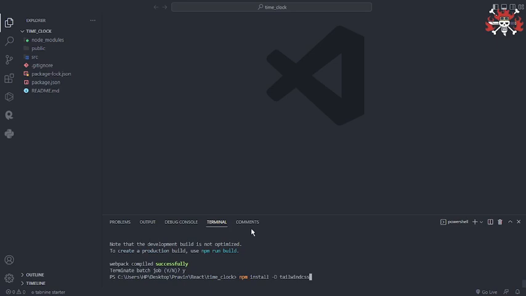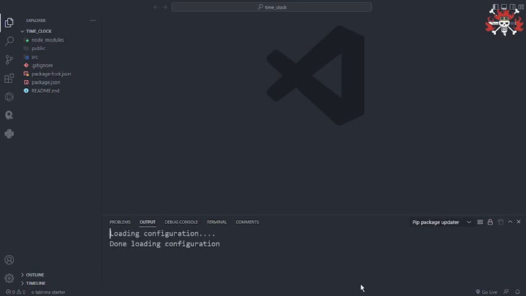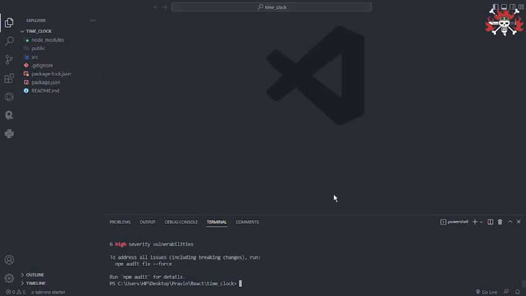Paste the command that we have copied and press enter. Okay, it's installing Tailwind CSS. So let us wait for a while to install. So here I have installed the Tailwind CSS. Let us go